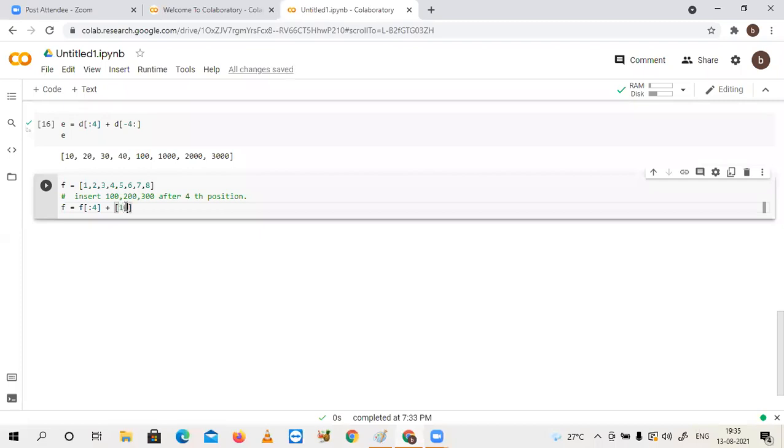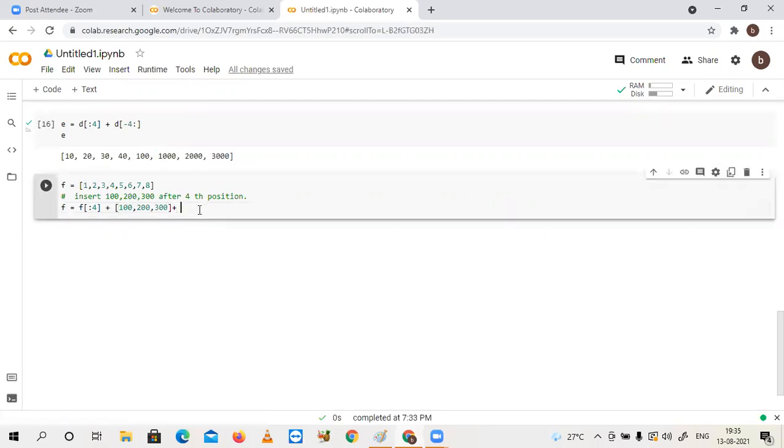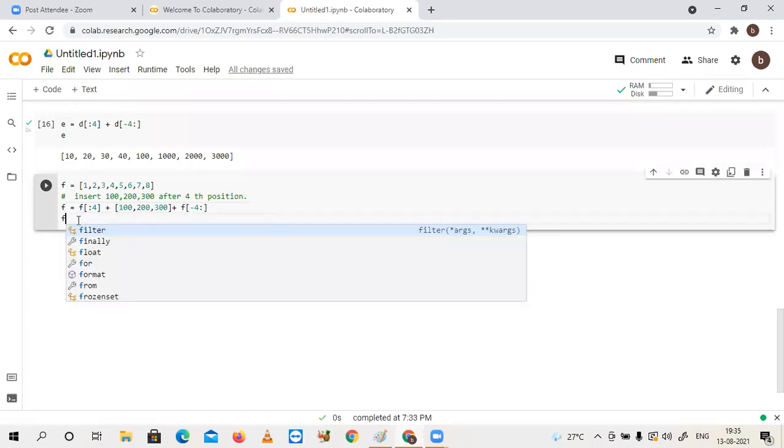The list contains the values 100, 200, 300. After that, the remaining values I want, meaning the last 4 elements. How to get it? F of minus 4 colon. Enough. Now check the latest values of F.